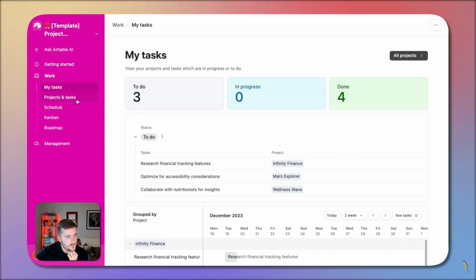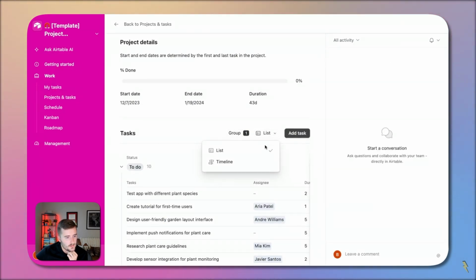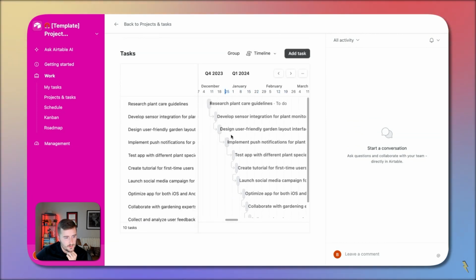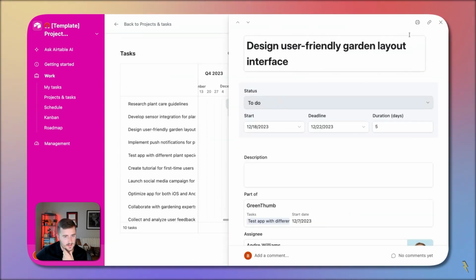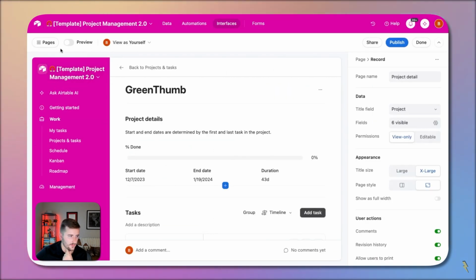If I open up one of these, let's go open up a project. I'm going to change this to a timeline view. You can see here. Actually, just one real quick thing. I want to open this up as a side view. I learned this very recently in Airtable. I'm going to go to the editor mode